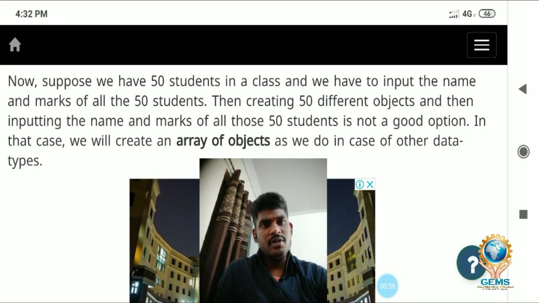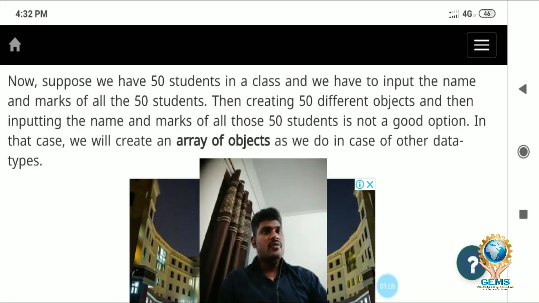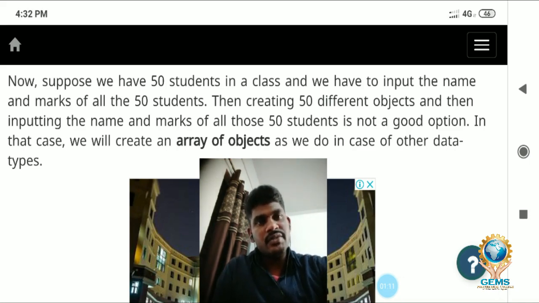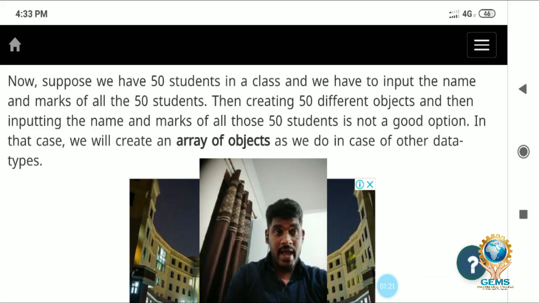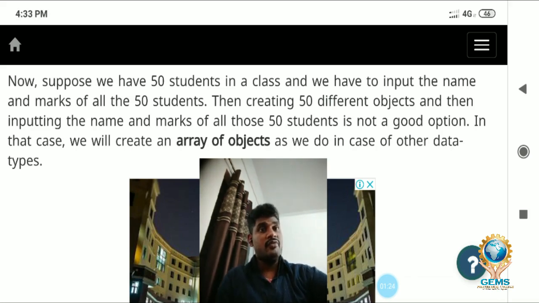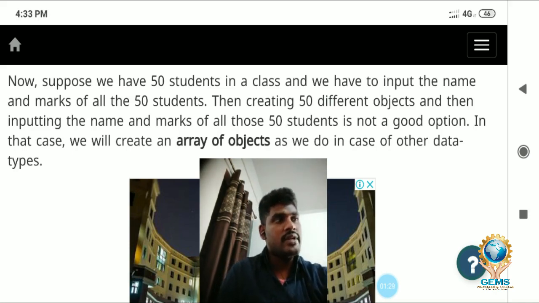One student, we can possibly create one object, and we can get that one student's details, marks and name. But like that, 50 students are there. What will you do? We have to create 50 objects for 50 students, and each student is going to get one object. And if you want to show the details of a particular student, we have to access that particular object. Like that, we have to create 50 objects and assign the students' data to them. 50 members, 50 objects, one member, one object.